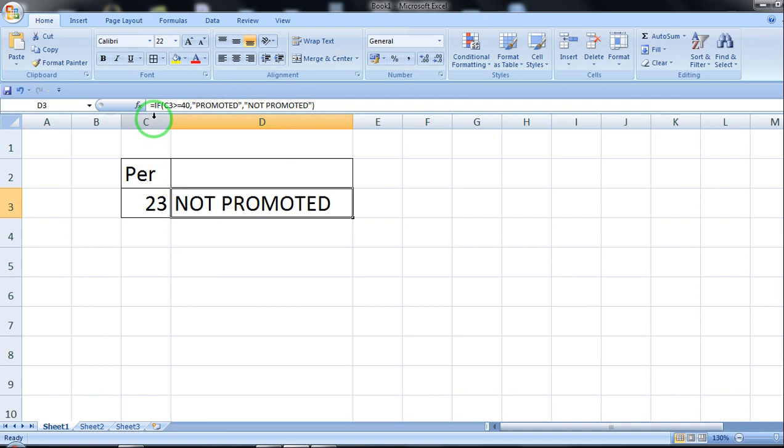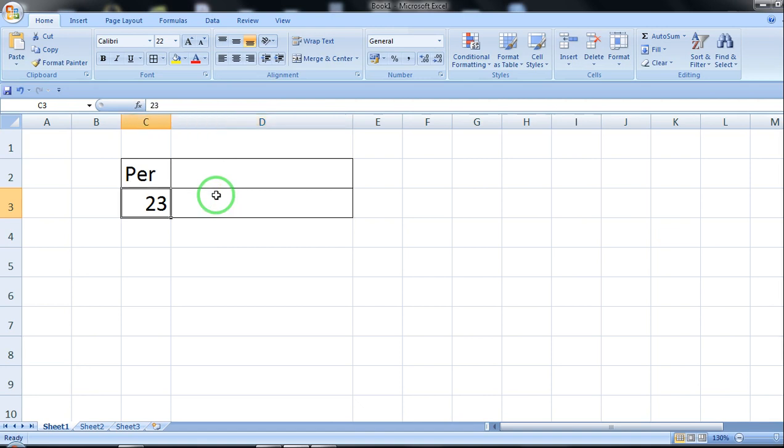Now here I am using only one if function, but if you want to check for multiple conditions, suppose 2, 3 or 10 conditions you want to check, for that also you can use the if function. Now how can we use multiple if, or how can we check multiple conditions with the help of the if function? That I am going to show you with an example. Okay, let me delete this.